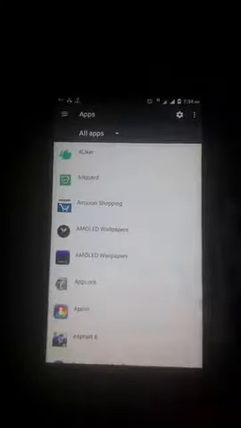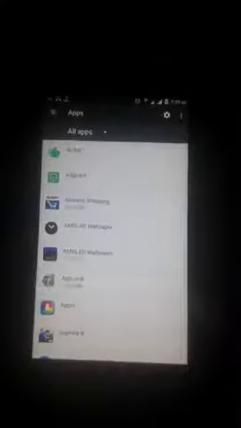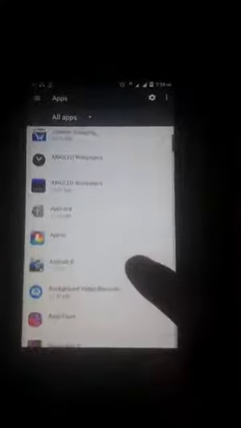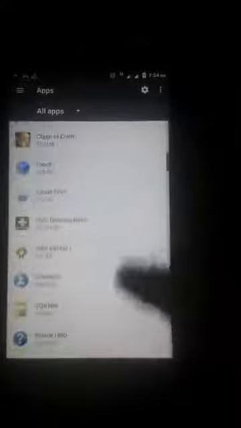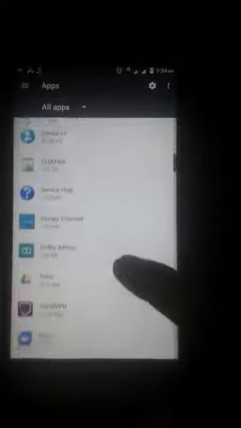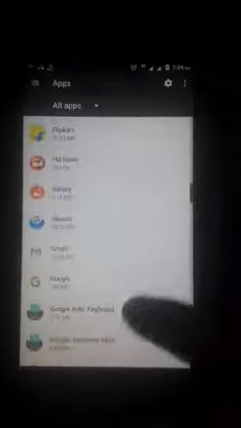Now, I can also give a brief view of my installed apps. Here you can see my installed apps. You can check the apps. I'm scrolling slowly. Yeah, I've installed so many apps, but you can check if you see any